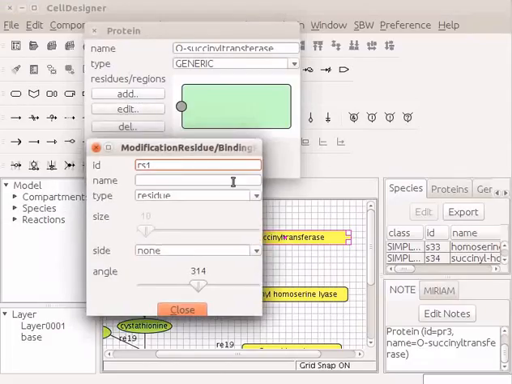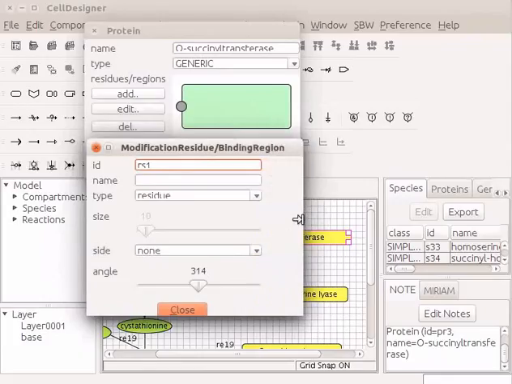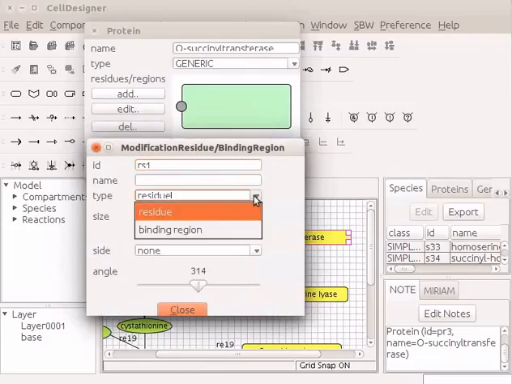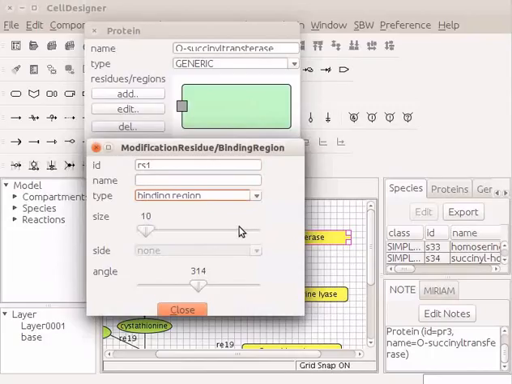In the dialog box Modification Residue Binding Region, select the type from the drop-down menu as Binding Region. Change the size and angle by moving the cursor at the required value.